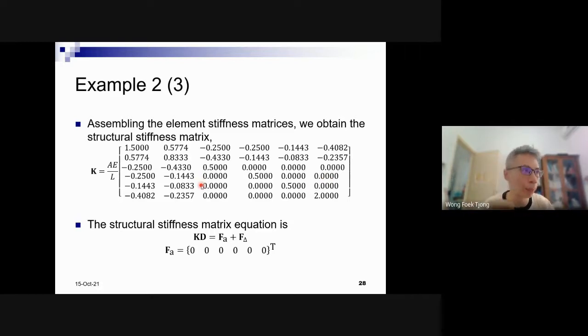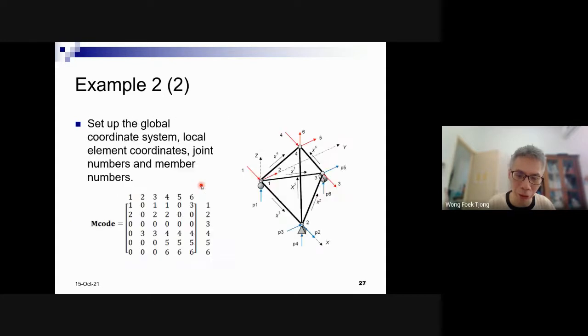Okay, that's the properties of the stiffness matrix, right? Remember? Do you remember about that? So it's a good check, right? You can check. If you do it with MATLAB, you can easily check.